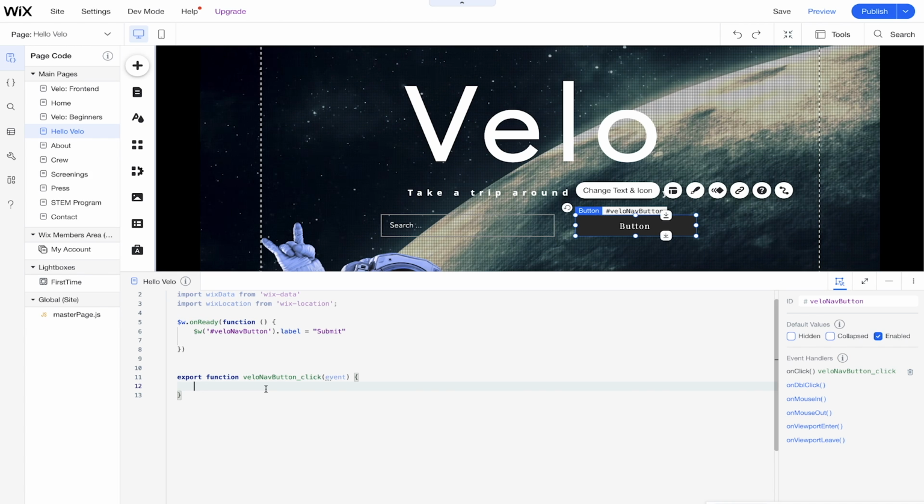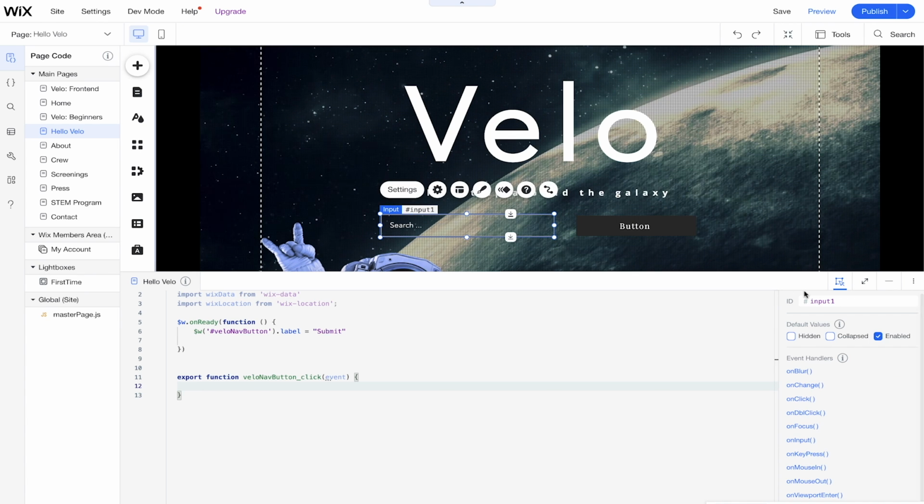And what we're going to do inside of this static event handler, we're going to capture the value of what's being typed inside of this input box. And then we're going to also use Wix location and the query function as well to help us navigate to a new page and even query and add to our URL. So what we're going to do now is select our input here. It's just named input 1. So let's just change this to search input, right? Just so we can work with it and have a name that we can recognize.